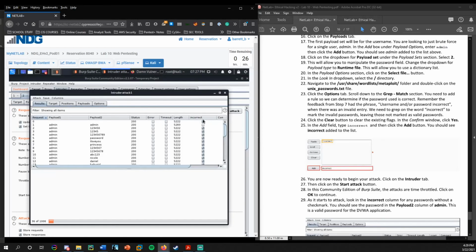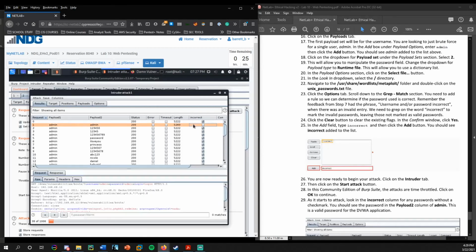And what do we see here? Most of these are all checked as incorrect, except for this one here. So not a very clever password. It is in fact just admin, but we can tell that we did not get that incorrect response,